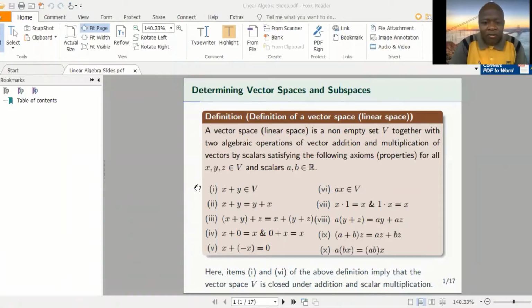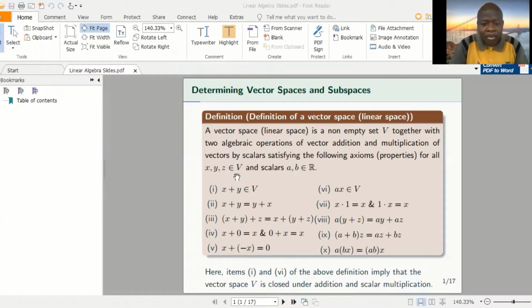Welcome to my class. Today I want to teach you how to determine if a given set is a vector space, and that's what I will start with. Then later on I'll teach you how to determine if a given subset is a subspace. So I begin by first of all defining what a vector space is, and we can also call